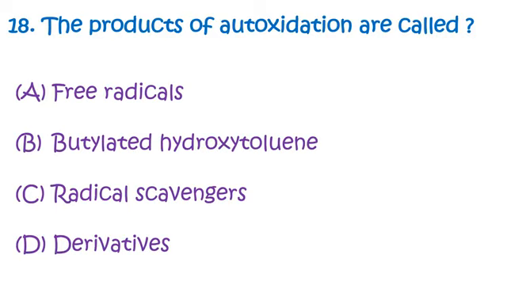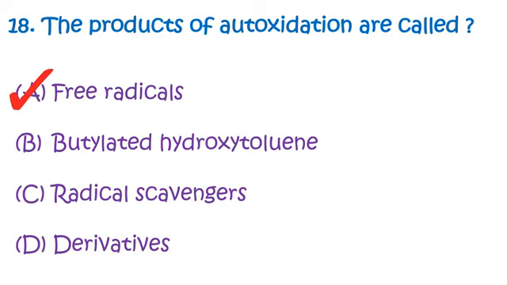Question number 18. The products of autooxidation are called option A, free radicals, option B, butylated hydroxytoluene, option C, radical scavengers, option D, derivatives. And the correct answer is option A, free radicals. Free radicals are reactive molecular species with an unpaired electron. And autooxidation is a self-propagating process that gradually leads to degradation of a polymer unless it is interrupted with